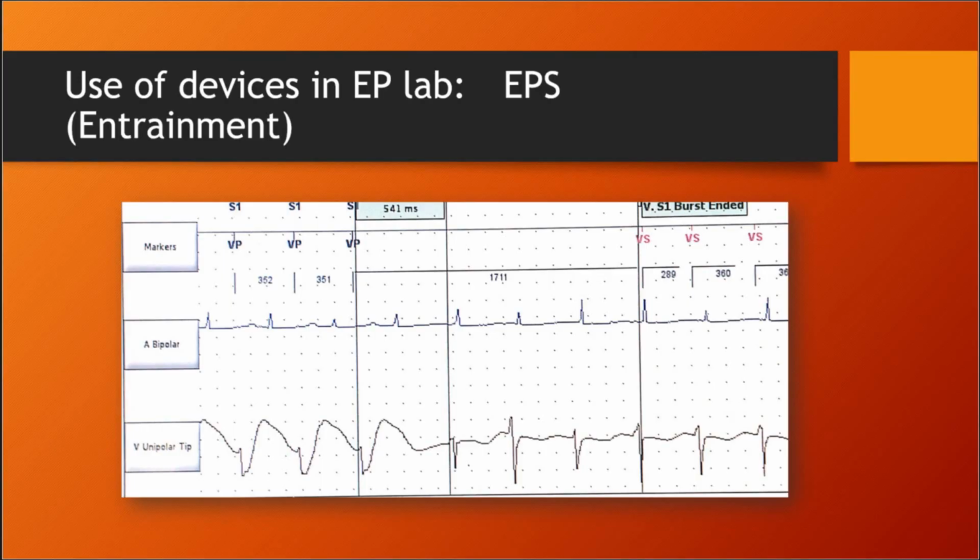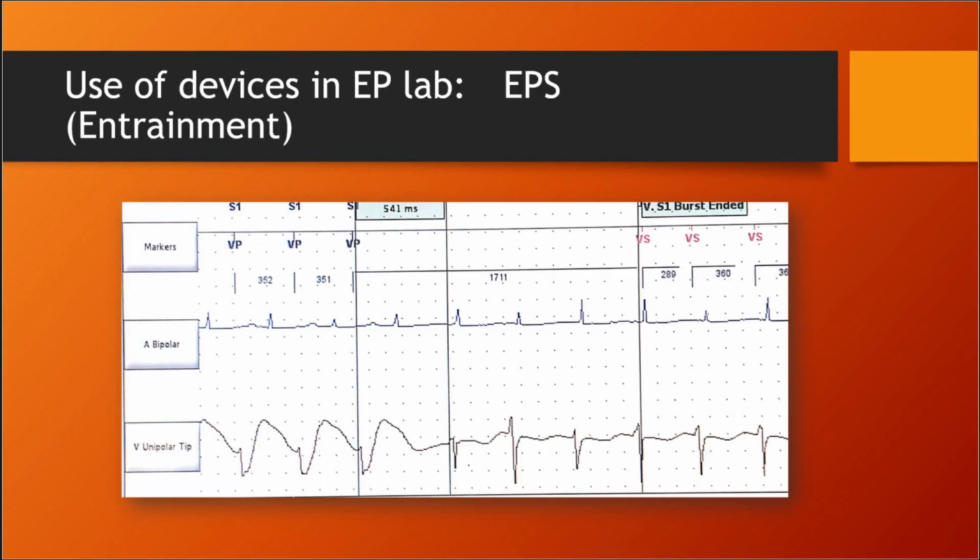in AVNRT isn't actually part of the circuit, which is around the AV node, and therefore the post-pacing interval minus the TCL, the tachycardia cycle length, will demonstrate that we're actually quite far from the circuit and it's above 110